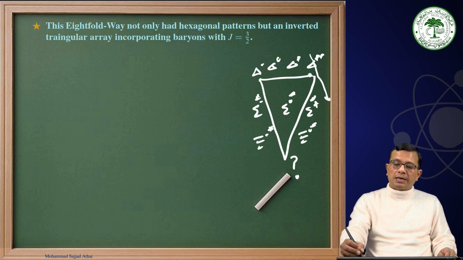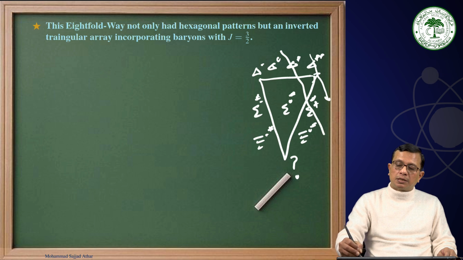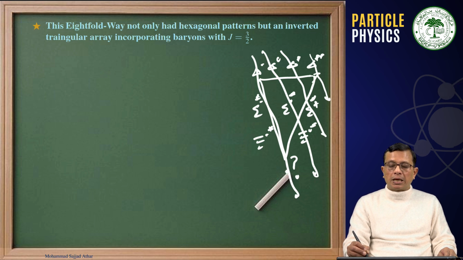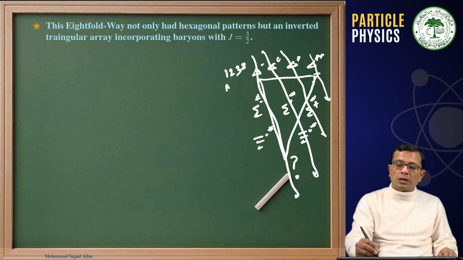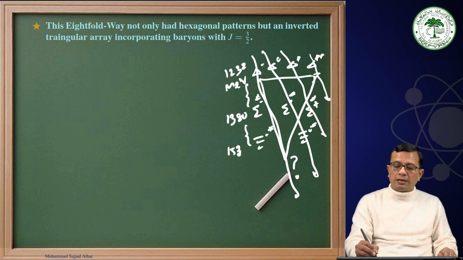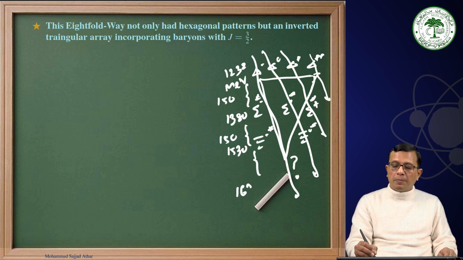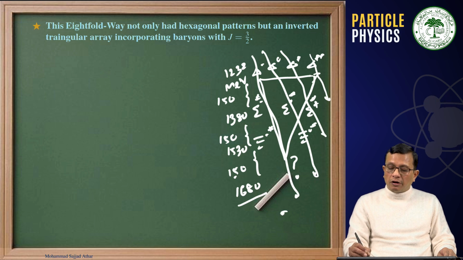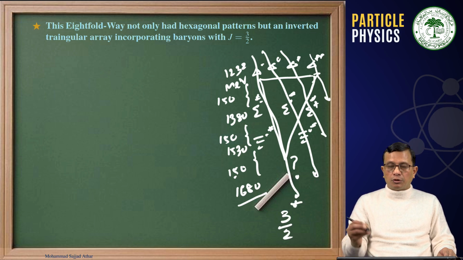As you can see, all the particles lying at this vertex have charge plus 2, this vertex charge plus 1, this vertex charge 0. Therefore, he predicted that this unknown particle should have charge minus 1. Then delta, we know that delta's mass is 1232 MeV. Therefore, this mass is around 1380 MeV. This mass is around 1530 MeV. Therefore, there is a mass difference of 150 MeV here, 150 MeV here. Therefore, he predicted that there should be a particle with a mass of 1680 MeV, with a difference of 150 MeV. He predicted the spin of this particle to be 3/2, parity of this particle to be positive, and